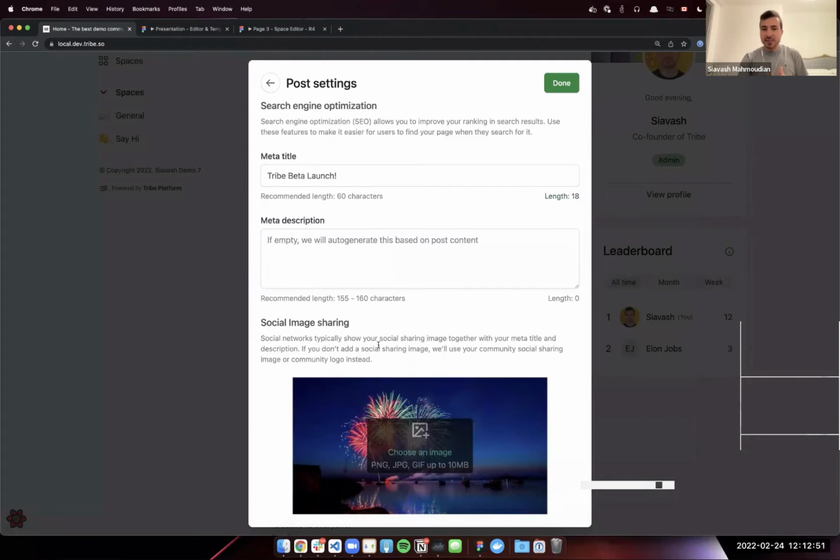This image will be the one you see when you share this post on social media, like Twitter, Facebook, even Slack, along with the description that you have picked. Now, if you don't add anything, we will auto-generate a title and a description based on the title and content of this particular post.